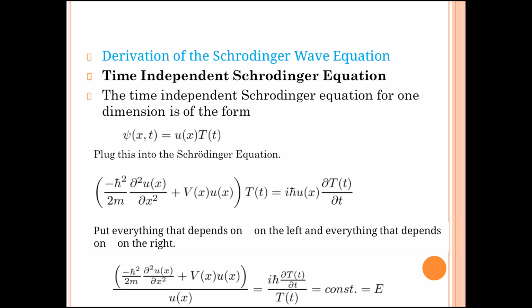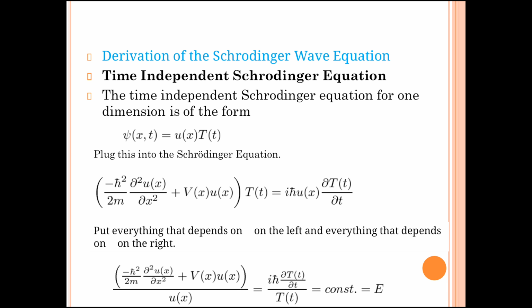The time independent Schrodinger equation for one dimension: take psi of x,t equal to u of x into T of t. Put this value in the Schrodinger equation so that we get the following equation. Now put everything that depends on x on the left and everything that depends on t on the right side, so that we get the minus h bar squared